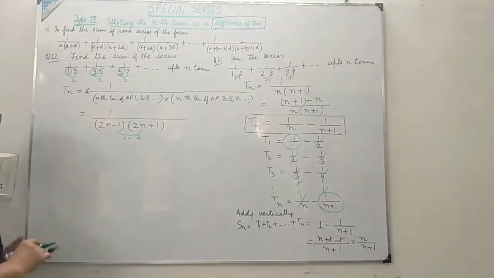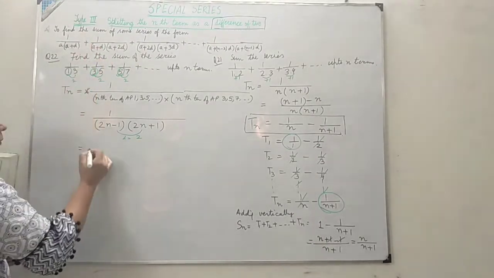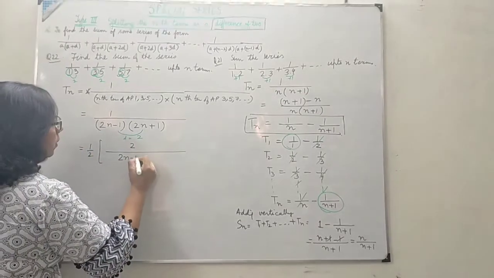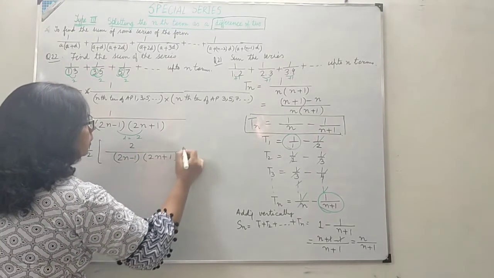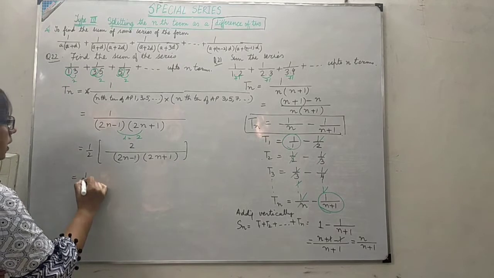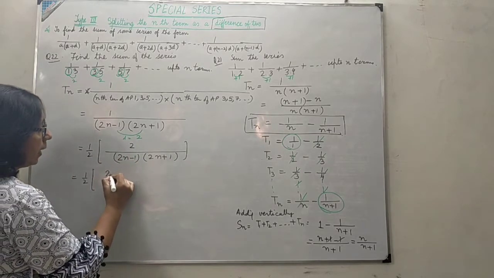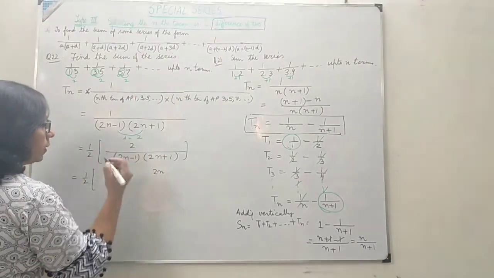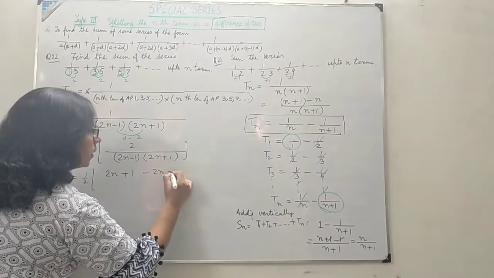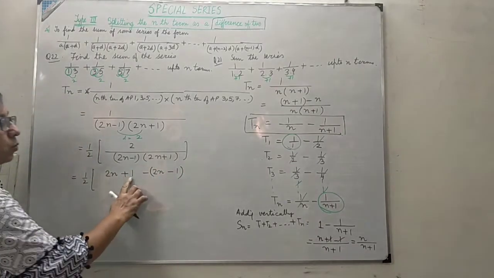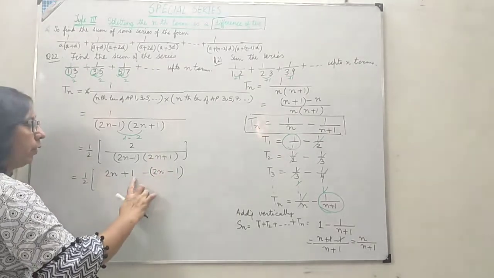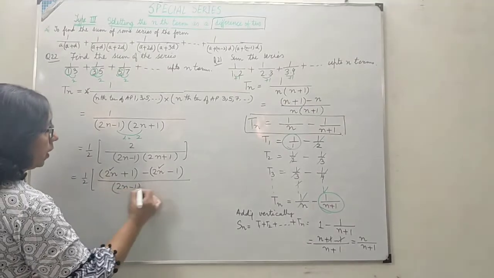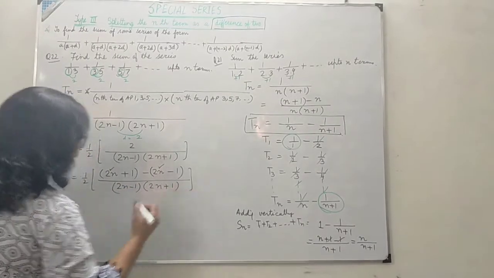D is here 2, and if the difference is 2, I have told you that by the same number you will divide and multiply first of all. So the remaining 2n minus 1, 2n plus 1 in the denominator stays as it is. Now in this half, I further add and subtract 2n to introduce the difference of 2, and this 2 I will write like this. I have broken it into two parts and added and subtracted 2n. So this is 2n minus 1 into 2n plus 1.